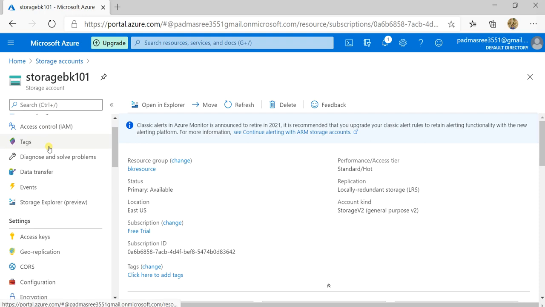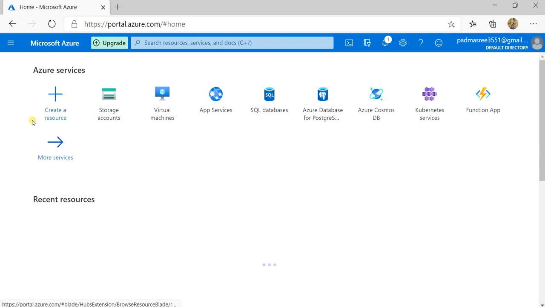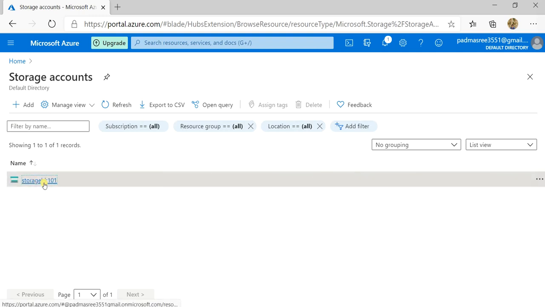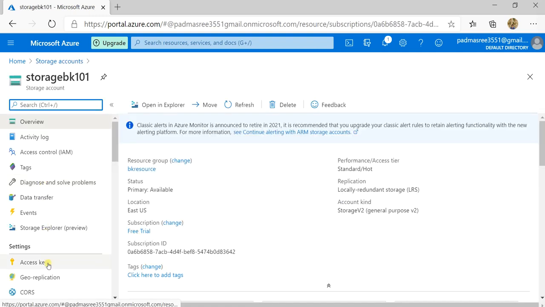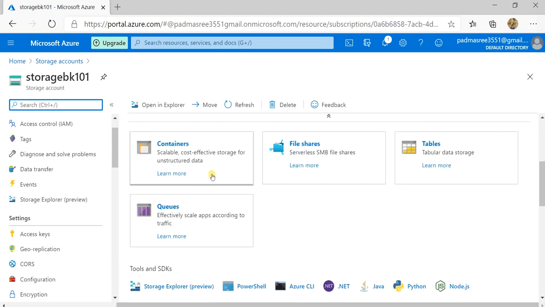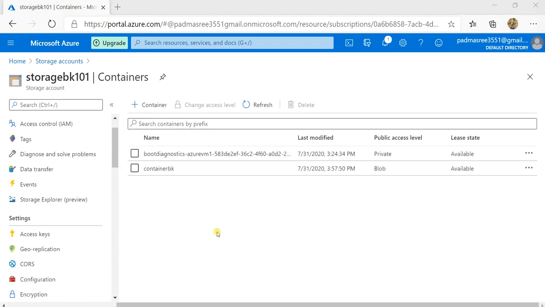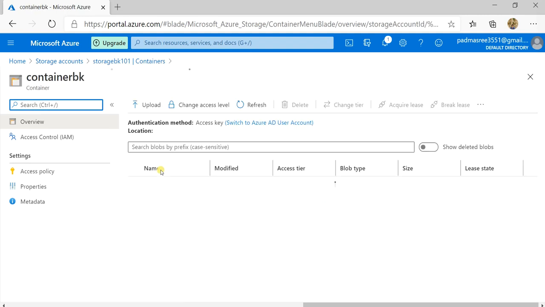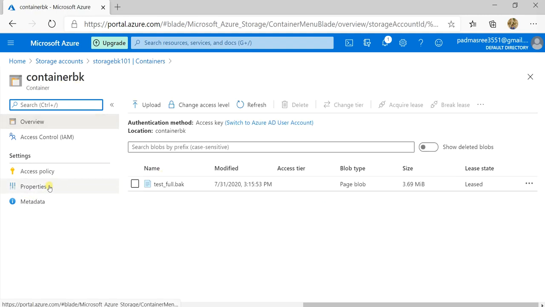So this is my storage account. Go to home, storage accounts, click on the storage account, go to container, select the container. The name is container bk, and here go to properties.